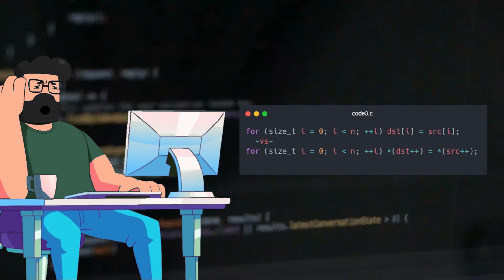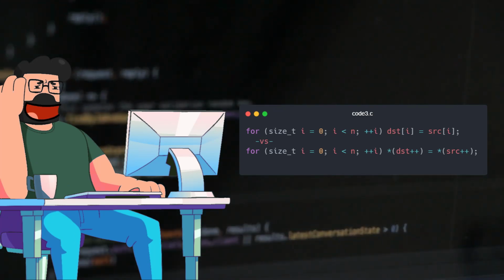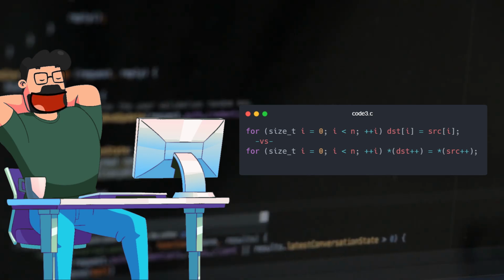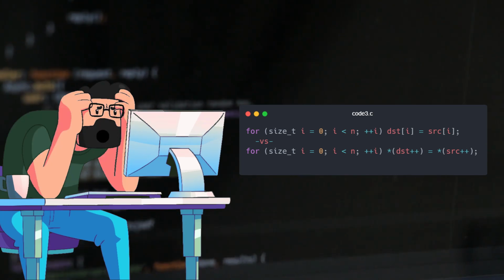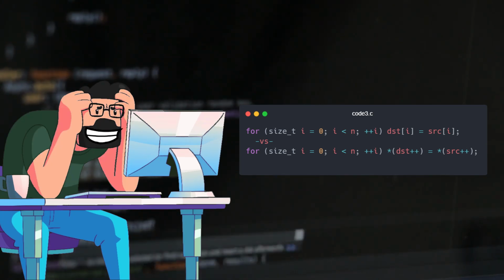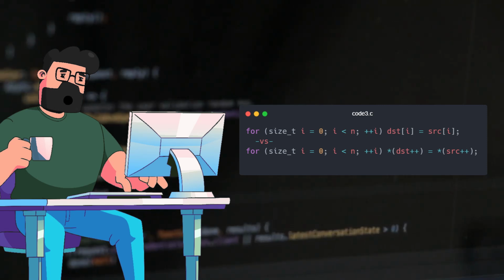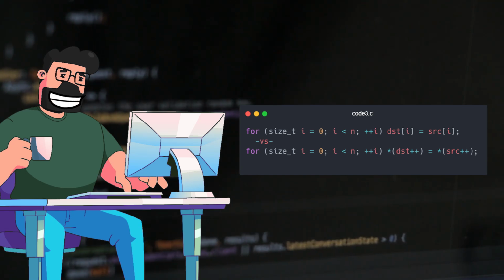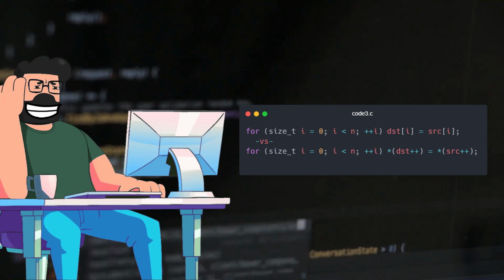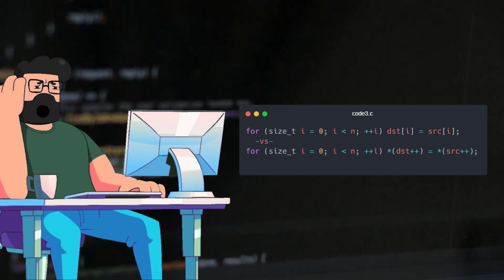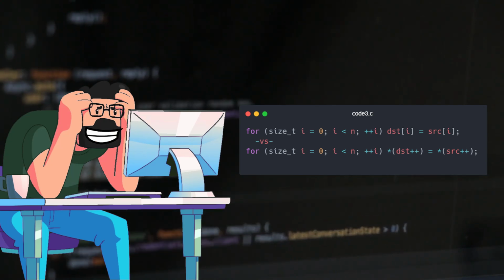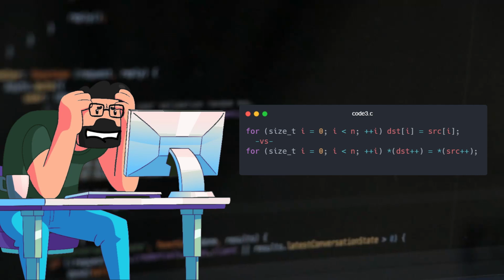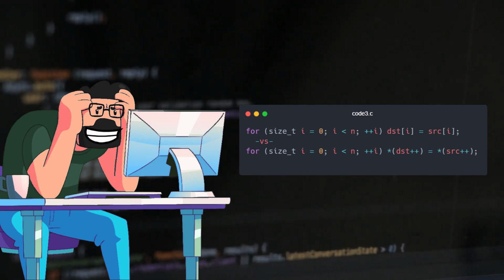Later, we consider the performance aspect discussed in the text, focusing on code efficiency in handling variable pointers versus constant index pointers. The comparison between dst[i] = src[i] and *dst++ = *src++ highlights a potential trade-off between readability and speed in certain scenarios. However, it's crucial to note that the significance of such micro-optimizations may have evolved over time with advancements in CPUs